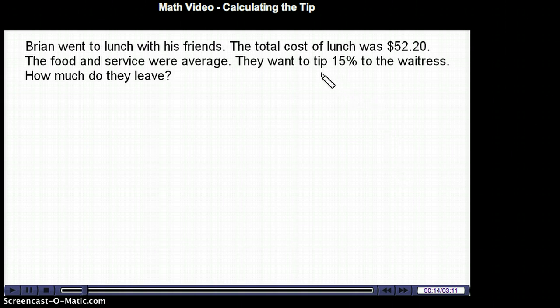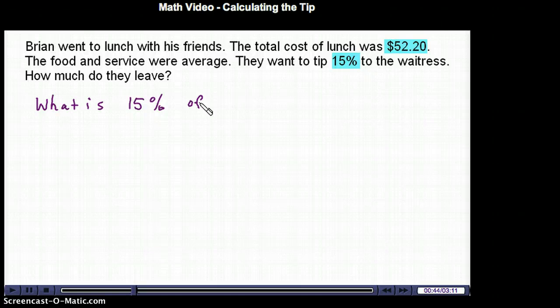Well, tipping 15% to the waitress means that Brian and his friends want to give a portion of their lunch bill to the waitress as a way of saying thank you. So the important parts of this problem are the cost of lunch, which is $52.20, and the percentage that they're going to tip the waitress. So this whole problem simplifies to what is